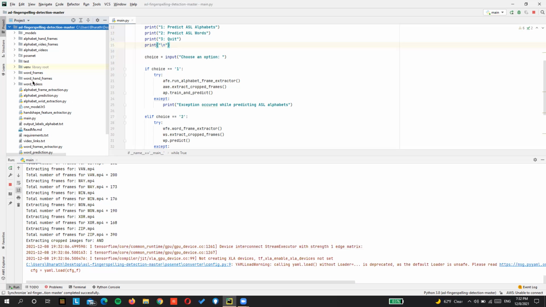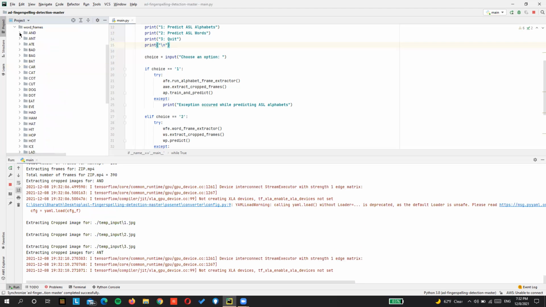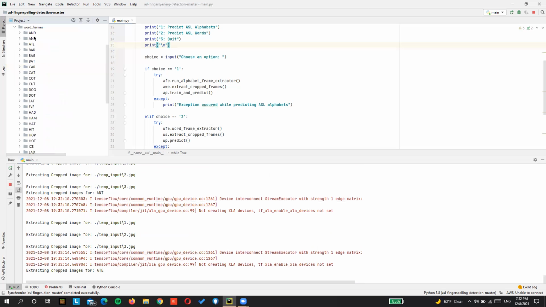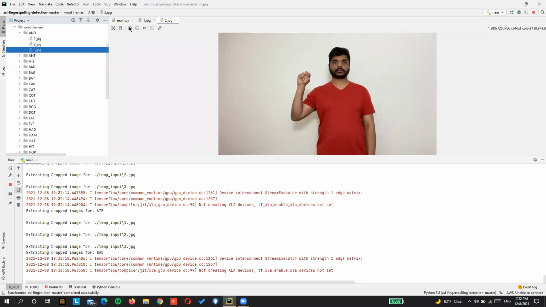Once that is done, we can see that the word frames folder has folders for each and every word.